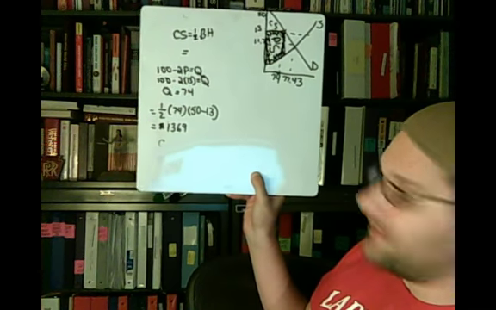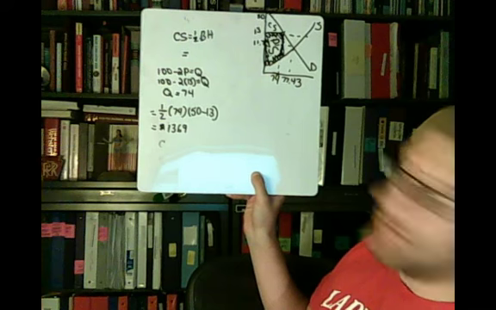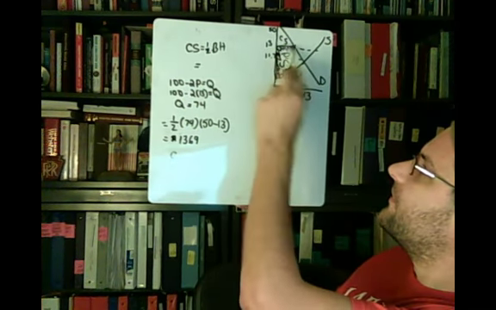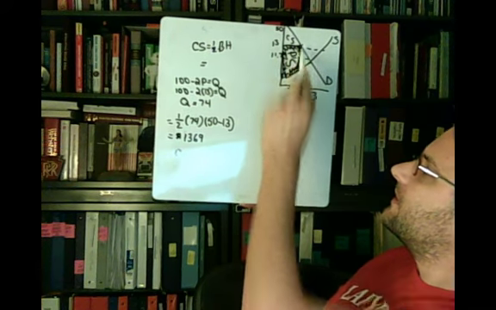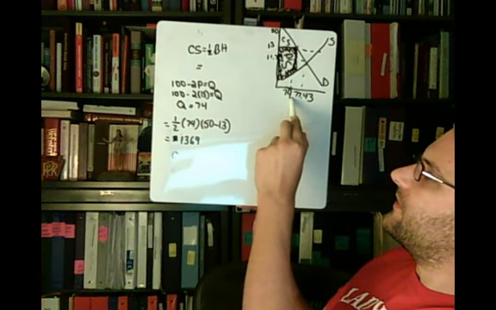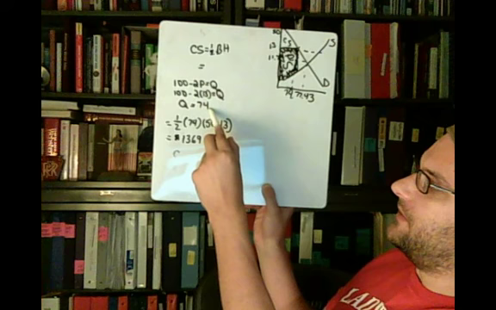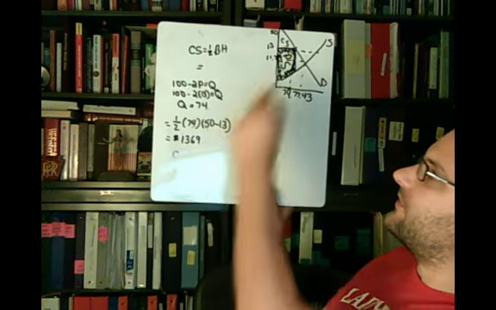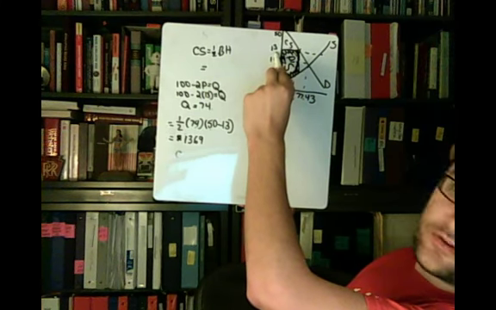It should be a smaller number than what we had found before. It is. Again, 1/2 base, which is, I made 74, so the height from 0 to the price, or to the quantity of 74, which I had found up here. 1/2 times 74 times 50 minus 13, 50 minus 13. And then for the producer surplus,